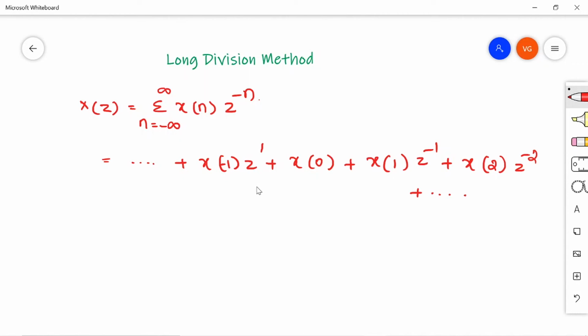Suppose if it is an annular region, that is both, then the powers will have both positive and negative. So this long division method is useful compared to the partial fraction expansion method. It's the easiest way to get a quick answer after observing this type of sequence. So the basic key thing is, if you are getting the powers in the negatives, that's a causal sequence. If you are getting the powers in the positive, that's an anti-causal sequence. If you are getting both, it's a double-sided sequence. So using this power series expansion, we are inculcating the same method in the long division method.